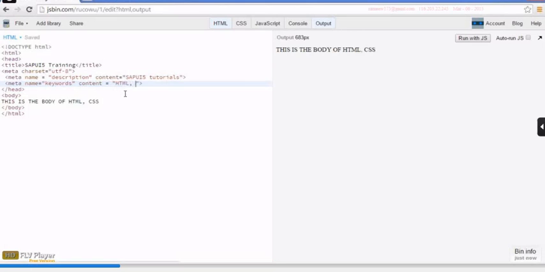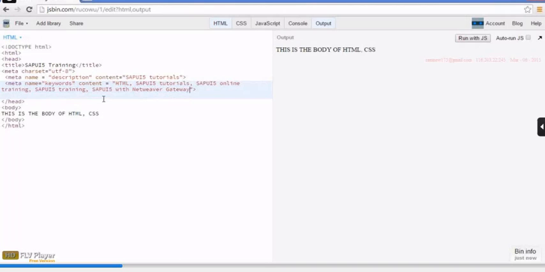HTML, or I would say SAP UI5. So if I want to embed in my website the same page, I would say tutorials, SAP UI5 online training. I would be saying SAP UI5 training, and I would be coming up with commas, and I would be saying SAP UI5 with NetWeaver Gateway,